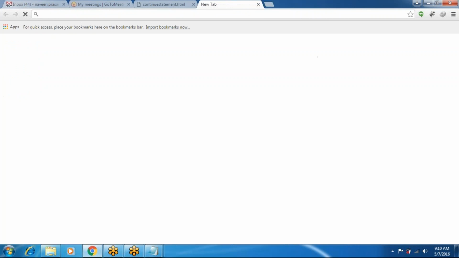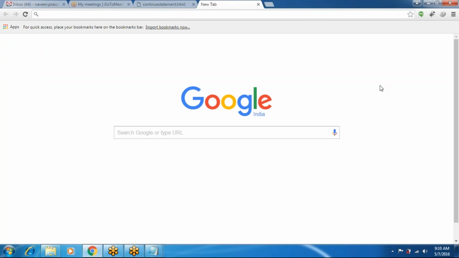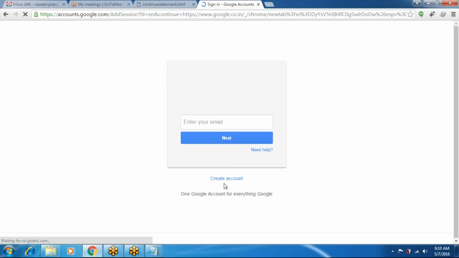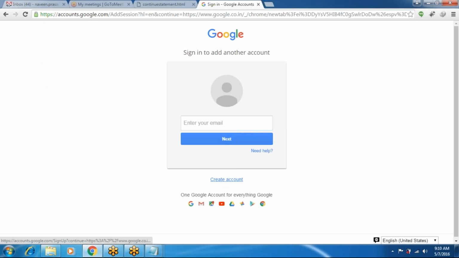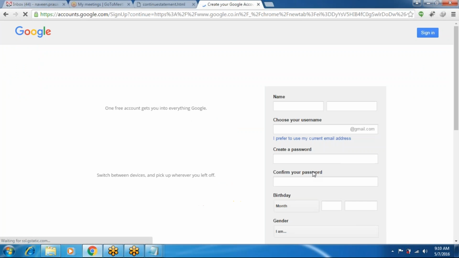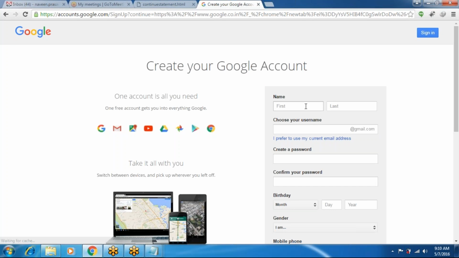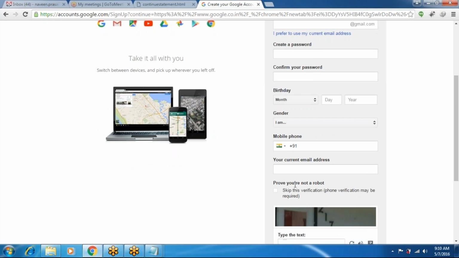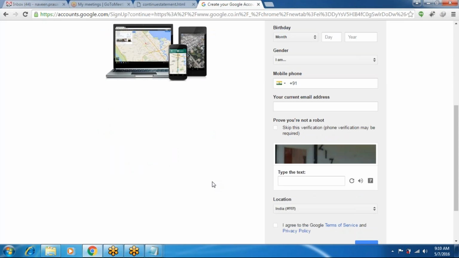See here, Google registration form. Okay, create account. Here first name, last name, email, create password, confirm password, birthday, gender, phone number, and some text is there.